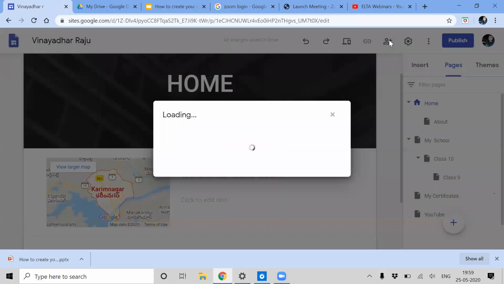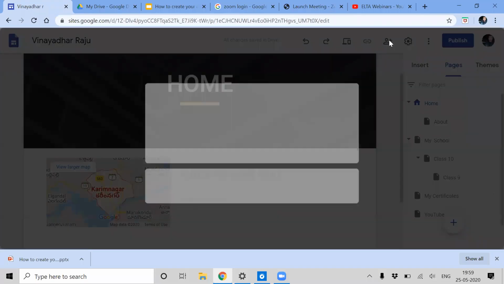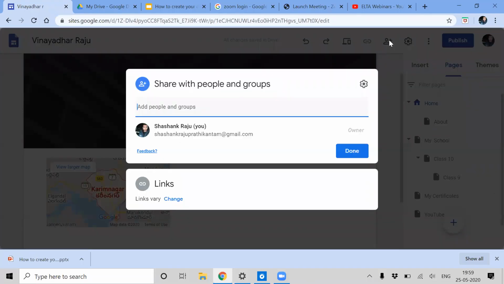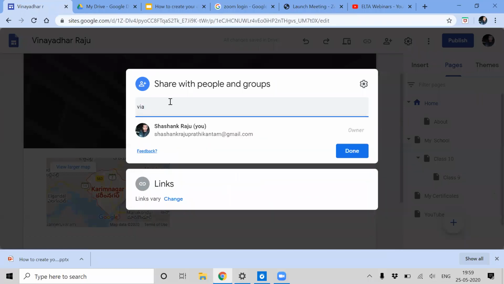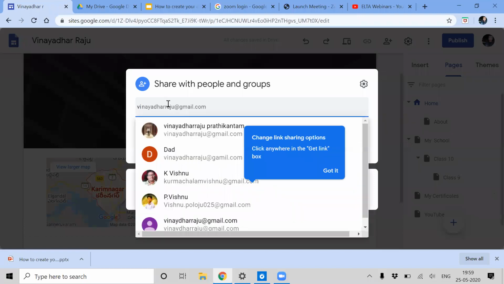collaborate. That means your site can be shared with your friends, so that you and your friend together work on this. This is already my son's email ID and this is my email ID.